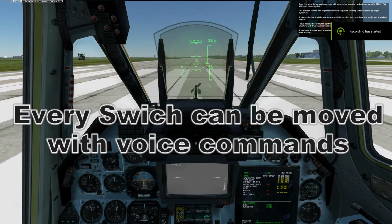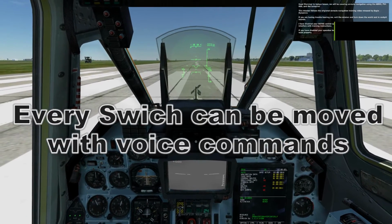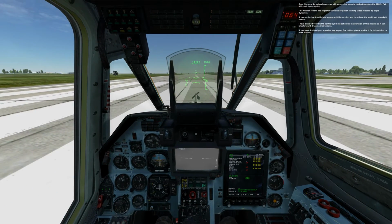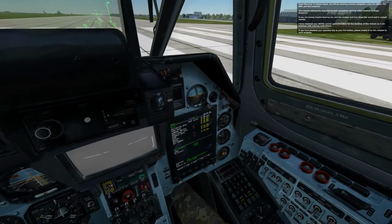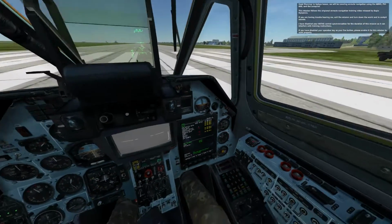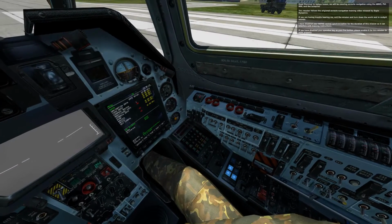Good morning. In today's lesson we will be covering en-route navigation using the Abris, PVI 800 and the autopilot. This mission follows the original en-route navigation training video released by Eagle Dynamics, but brings the training into the cockpit for a hands-on experience. If you are having trouble hearing me, exit the mission and turn down the world and